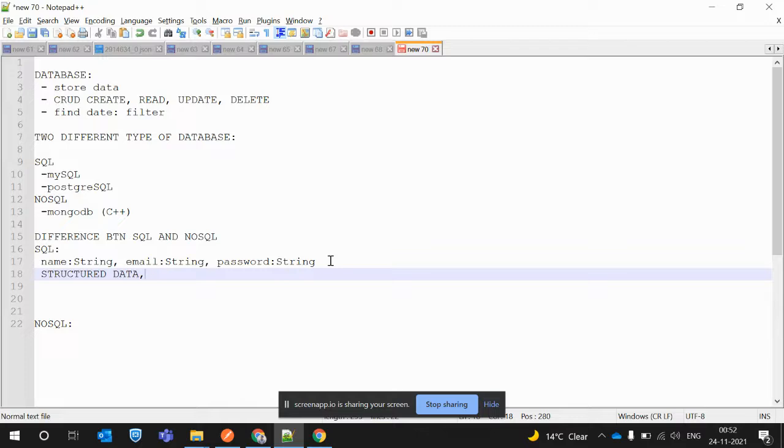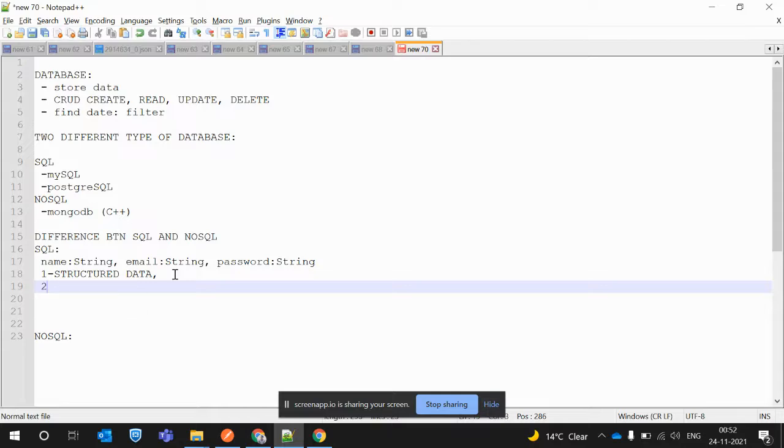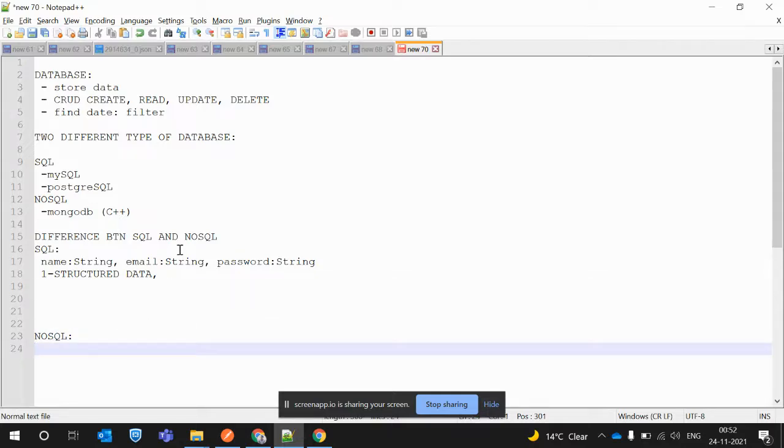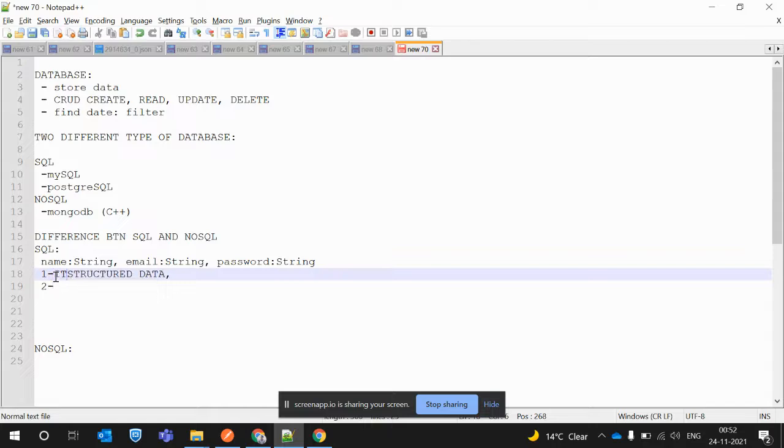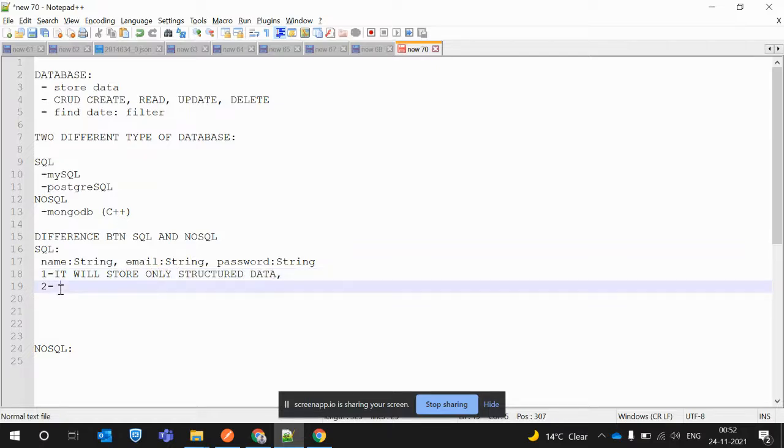If we don't go into the CAP theorem or ACID theorem kind of difference, the first thing is, if your data is structured, you can go with SQL. Okay. Second thing, what else? If we come to NoSQL, it will store only unstructured data. So we need to define a schema